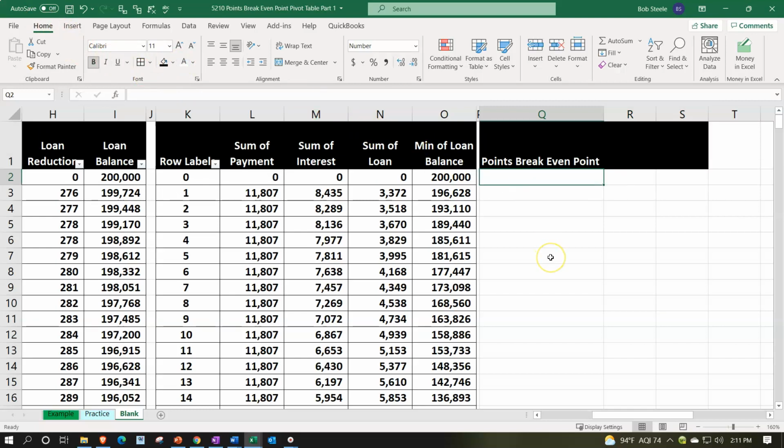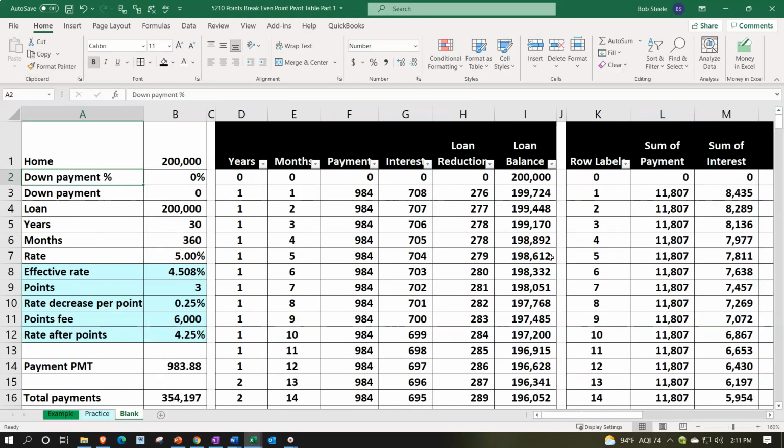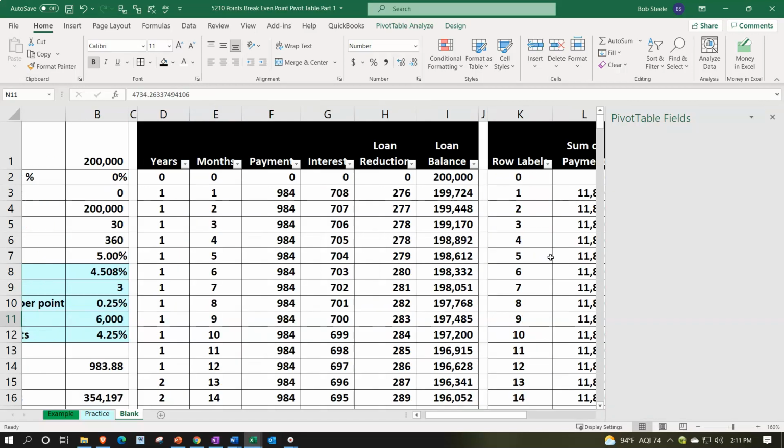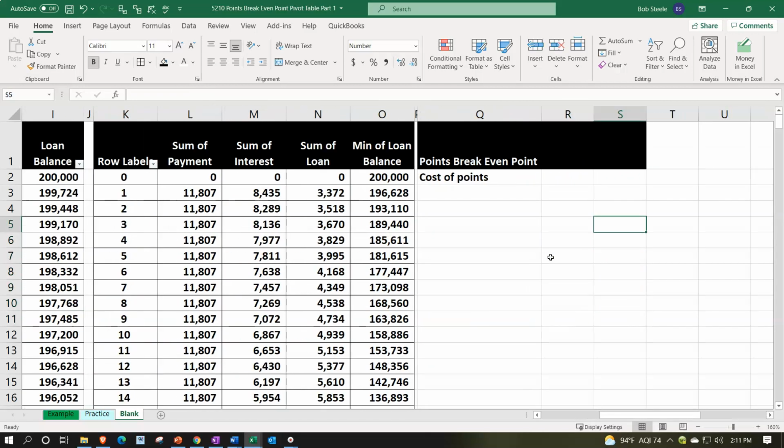And then we're going to say the cost of the points, cost of points. Now, if I say 3 points over here, the cost would be 6,000. I would like to reference that 6,000 with a formula, but I can't, because if I do that and then change the data, those points will be gone. So I'm just going to manually type in here the 6,000. We call that hard coding it. Just hard code it in there. The difference